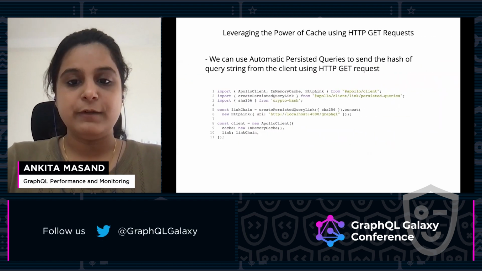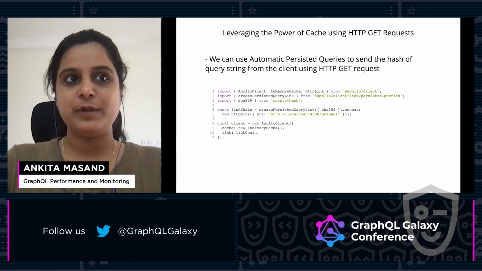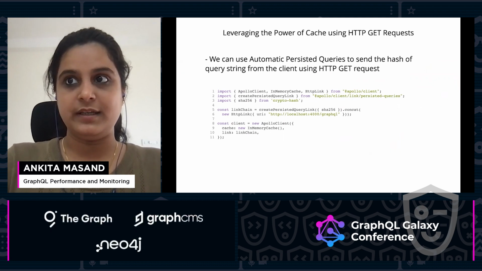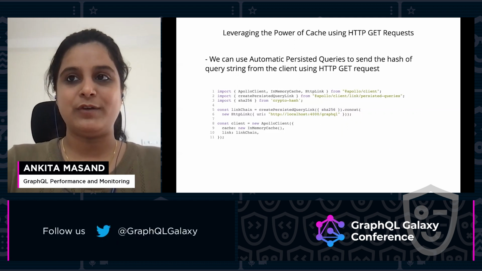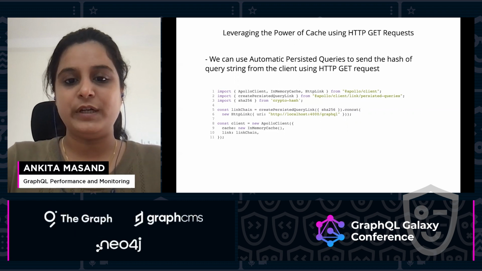Here in this case, even though room types and rooms don't change quite often, we are still hitting the GraphQL server. Is it possible that we get this response from the nearest CDN server and we don't even have to hit the GraphQL server? Yes, we are talking about GET requests here. In GraphQL, if you have seen, we always make POST requests. This is because we send the query string to GraphQL as a request payload in a POST request, because it doesn't fit well in a cacheable GET request.